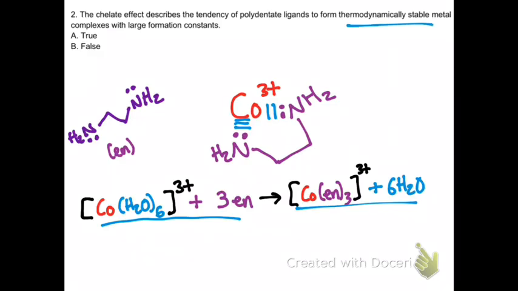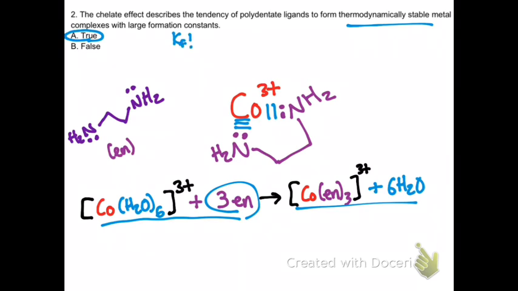Also, there's probability at work here because we only need 3 ethylene diamines to quote-unquote find that central metal. So it's easier for polydentate ligands to attach because you don't need as many of them to locate that transition metal cation in the aqueous solution. So that also adds to the favorability of these, which entropy is technically a function of probability anyway. So this is indeed true. These have very, very large